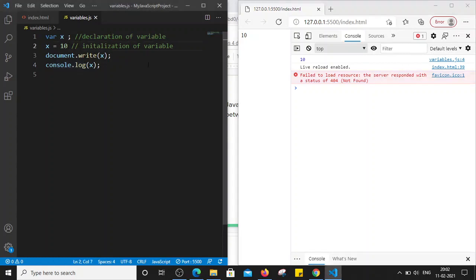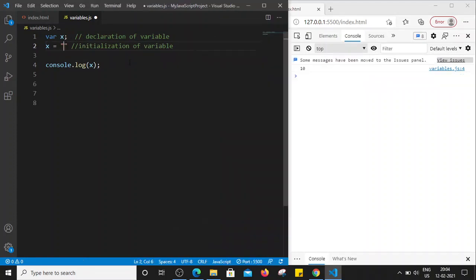Now I'm going to print the value on the console, not on document.write. So I have declared the variable x, and I have assigned a number value. Now if I want to assign some text value, we have to put that in double quotes, right? Whatever we put in double quotes is considered a string.